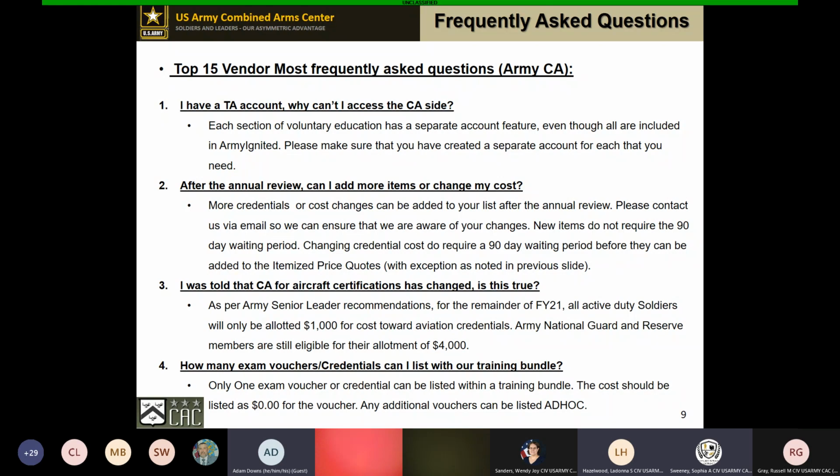Right. Okay. So does that? Yeah. So when we list it into Ignited, should we just have shipping and handling, but just leave it at 0, and then it would be adjusted during the approval process? That way, I mean, it's probably a rare situation, but if that $100 that we have listed takes them over what their remaining dollars might be, right? They might go, oh, well, I'm not going to do this course, right? Because that's going to be too much. It'll put me over my cap. But maybe it's only $10, right? So should we just leave it as 0 and then it gets adjusted? Should we leave it as a higher amount and it's just down? Which one do you prefer?